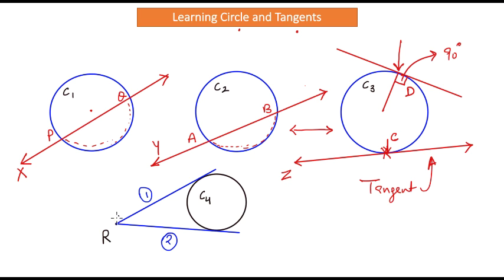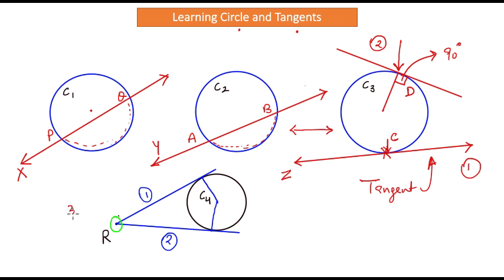The key point is this: if you have any point which is external to a circle, from that point you can always drop two tangents on that circle, right? And those tangents will always be at an angle of 90 degrees with respect to the center, right? So far, you have basically learned three key points. One point is that a tangent is a line that will touch a circle at only one point. And the second key point is that a tangent will make an angle of 90 degrees with respect to the radius of a circle.